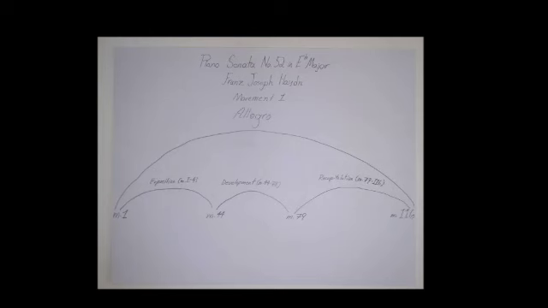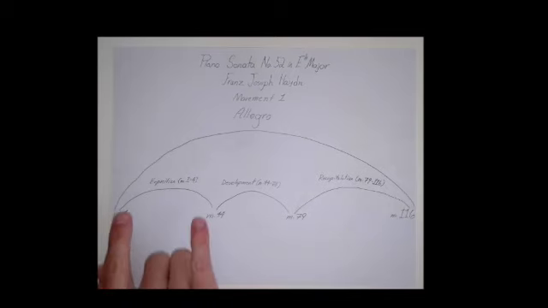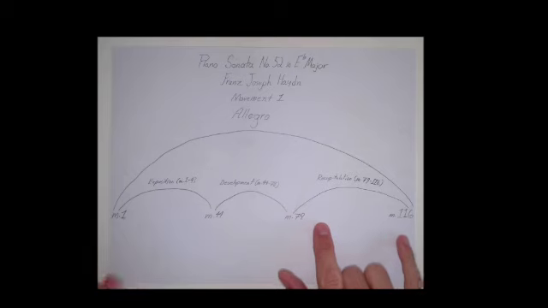So today we're going to be reviewing Franz Joseph Haydn's final Piano Sonata number 52 in E-flat major. We're going to be taking a look at the Allegro movement, which of course is the first movement of the piece. Now, the big focus of what we're going to be exploring today is how the exposition and the recapitulation